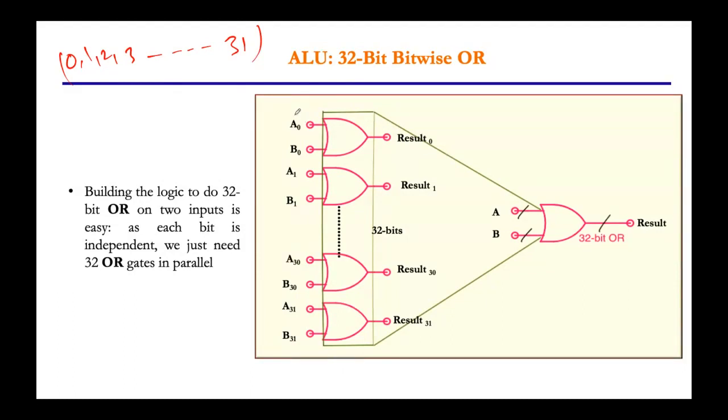This gate takes the 32-bit A representation, operand 1's 0th bit and operand 2's 0th bit, and gives the result, the 0th bit result. The second one takes operand first bit and gives result 1. Similarly, for the 30th bit of your first operand and the 30th bit of your second operand, and the 31st bit,